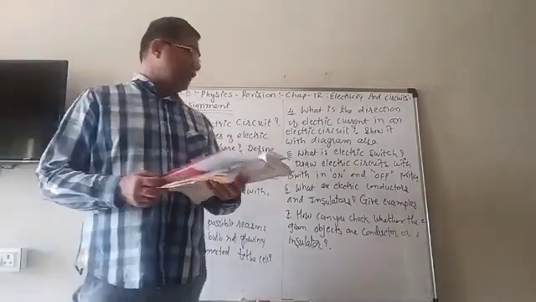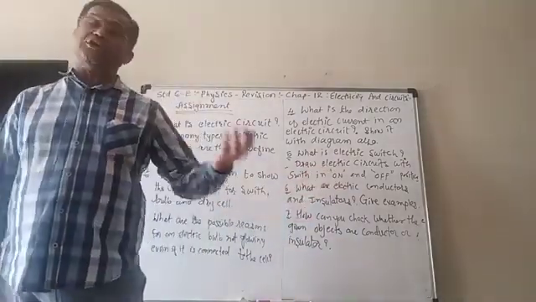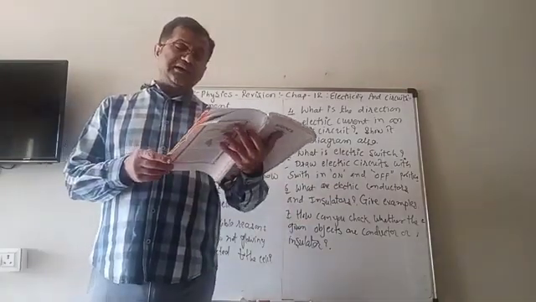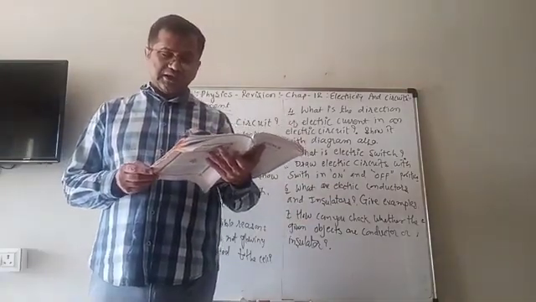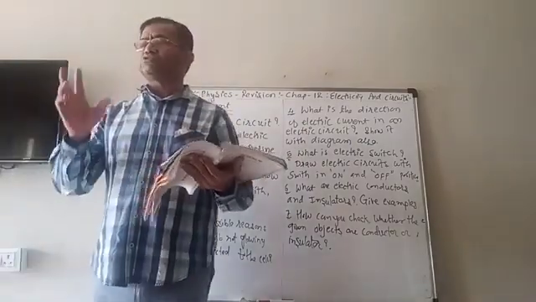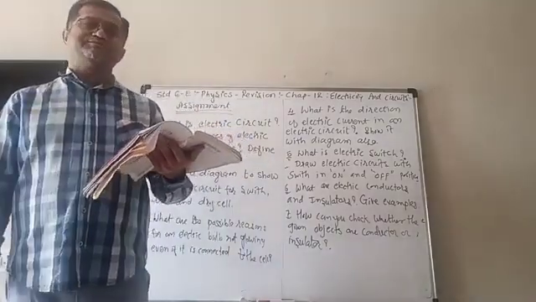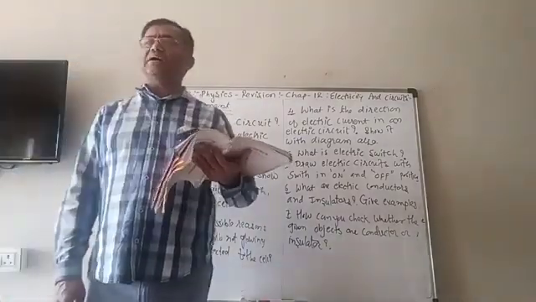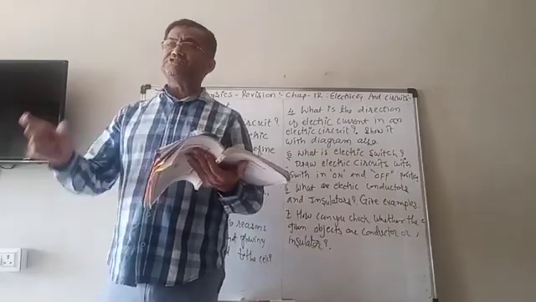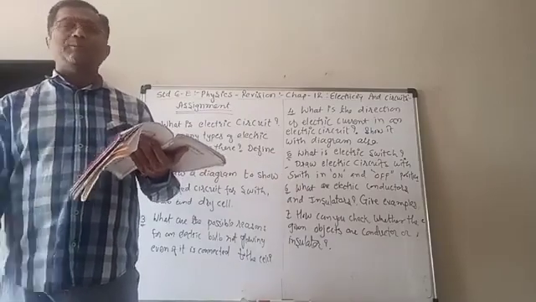Now how can you check whether the given objects are conductors or insulators? For that we can make a conductor tester. We can make the conductor tester, in which we have to take a dry cell, a few wires and a bulb. Now we have to make an electric circuit and keep two ends open. Two ends of the wire should be kept open.